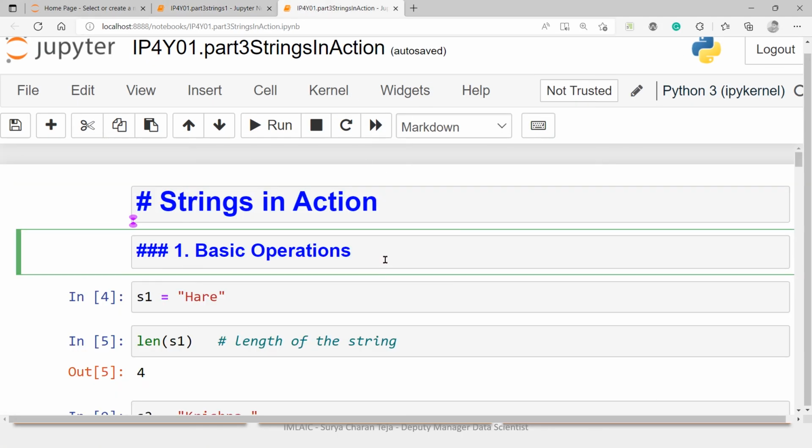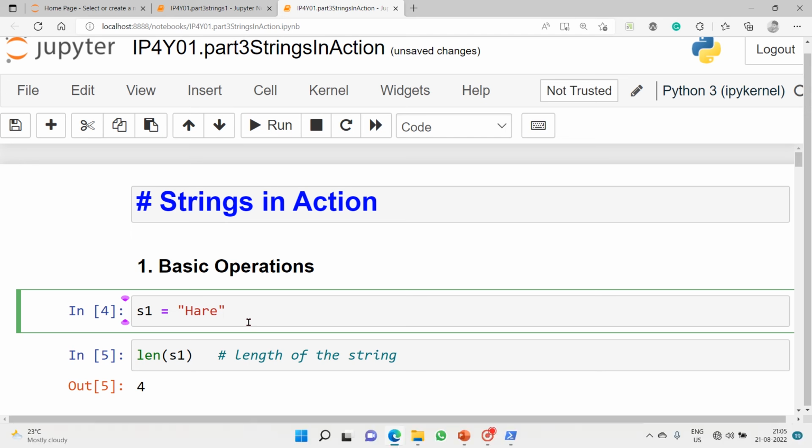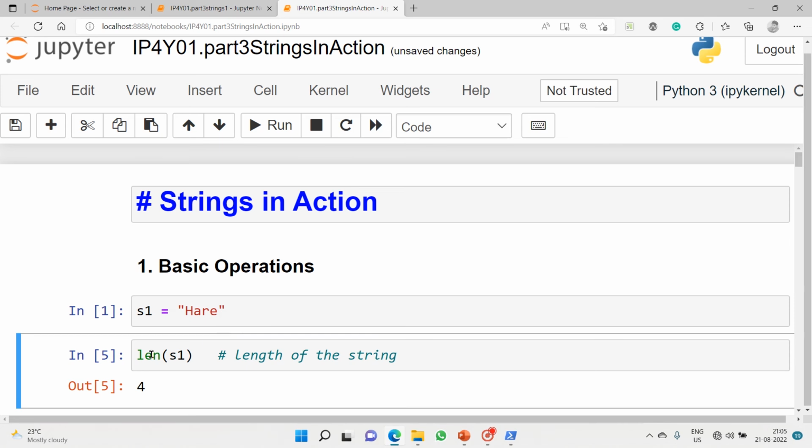So we'll begin with the basic operations as usual. For example, in basic operation, we will take the S1 variable as an array. We just want to know the length of that variable, how many characters it has. For that, we will use the length basic function. That's our basic inbuilt function. We'll use that, and we have already discussed that